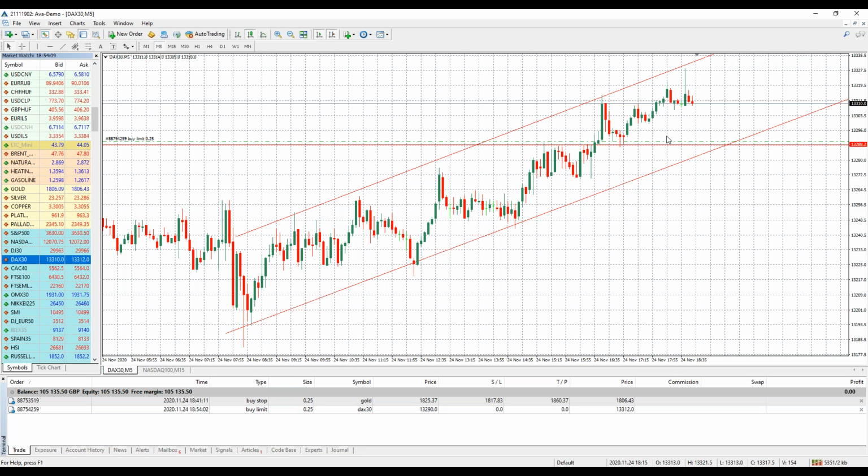On the web trader and in the AvaTrade Go mobile app, you don't have to tell it that it's a buy limit. You can just say buy if it hits this price. It knows that it's a buy limit if you tell it to buy from a lower price. So it simplifies, takes away one step with the web trader and our mobile app. Whereas on the MT4, you have to be more technical and tell it that it's a buy limit.